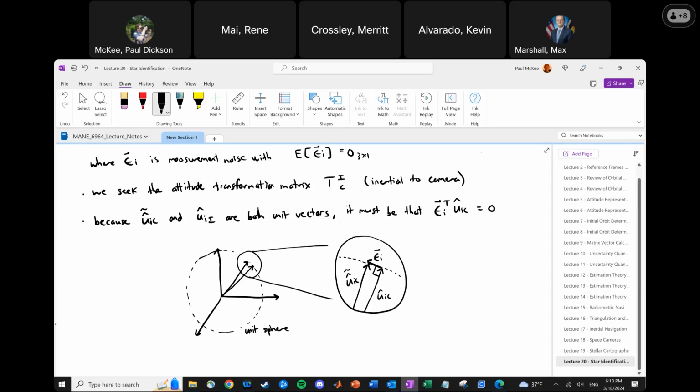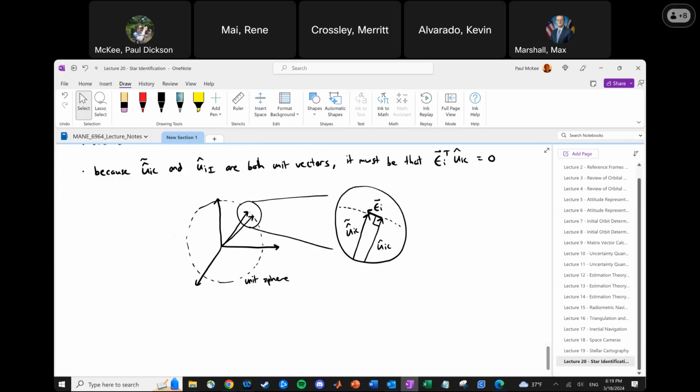Well, to first order, this is largely the case, right? Epsilon transpose UIC is equal to 0. We're saying that our noise does not lengthen or shorten it. It simply moves it to another spot on the unit sphere. That's essentially what we're going for. So we can build a measurement covariance matrix